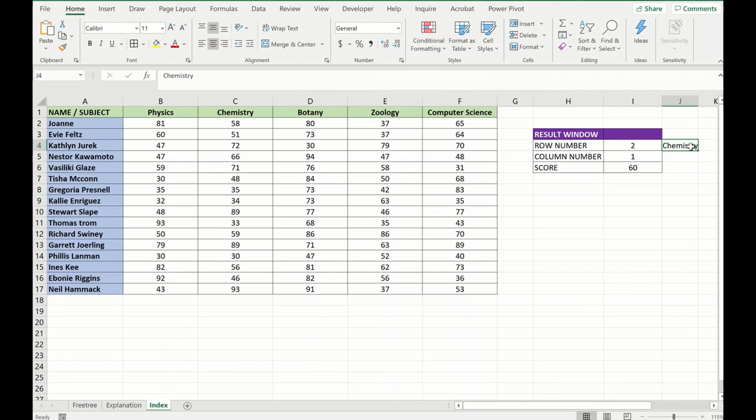So that is the first layering, right? I've just made a selection of chemistry here. Based on this, the row number comes. Based on row number, this comes. If I type, for example, physics, then it chooses 1, it comes like this, right? So this is one layer of complication. We can have more layerings like this using index and match. We'll have a separate dedicated video for that in intermediate level. I hope this video was useful. Thank you for your time.